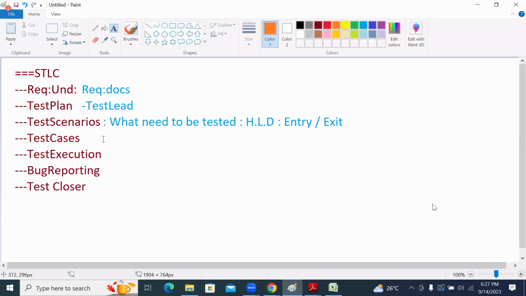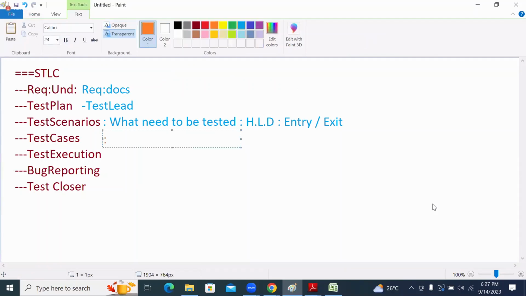Now, continuing with the same, we need to take care of test cases. If I'm talking about test cases, see the understanding. What is the meaning of test scenarios? Meaning of test scenarios: what needs to be tested. The meaning of test cases: